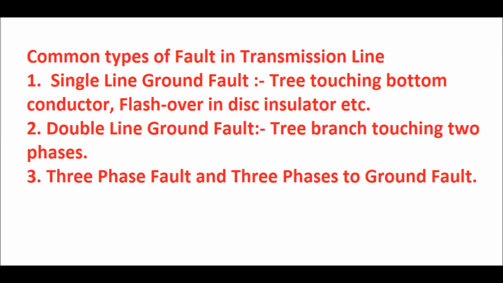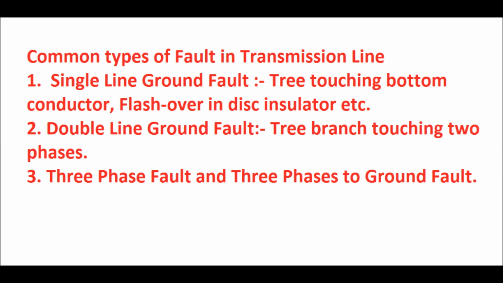So before discussing broken conductor protection, let us discuss the most common type of fault that happens in a transmission line. The most common type of fault is the single line to ground fault. Single line to ground fault may occur due to a tree touching the bottom conductor. In most cases it is the bottom conductor that touches the tree branches, and that is why single line to ground